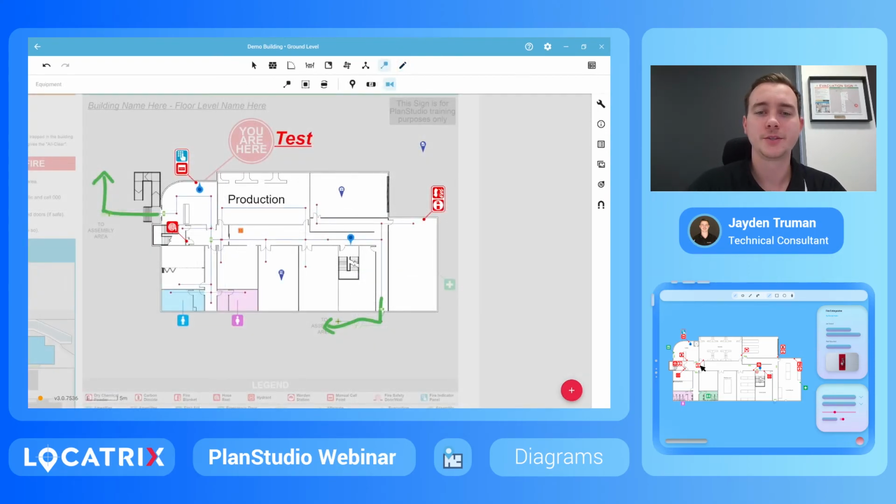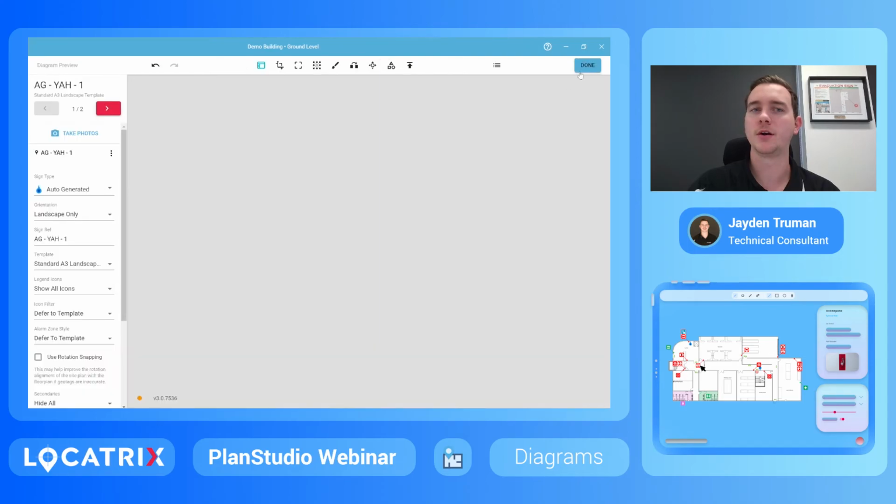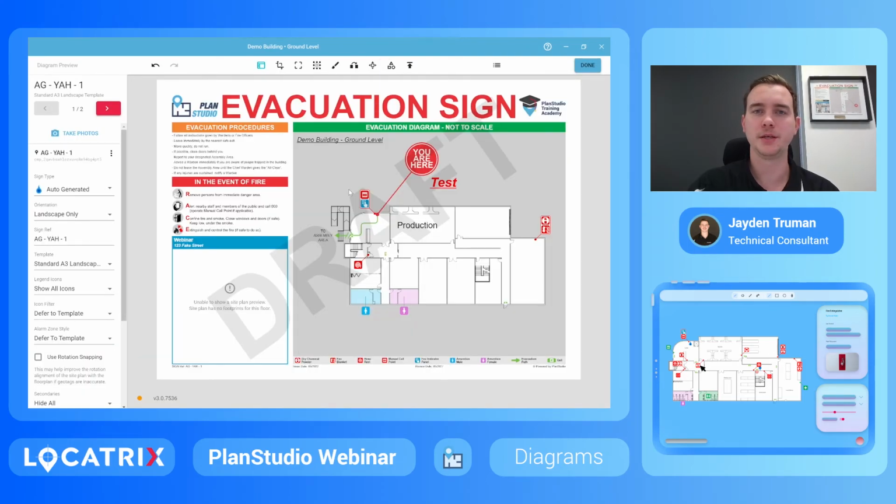Okay, so the next option I'm going to be showing you is the diagram preview. This is how your diagram will essentially look on the template you have selected. As you can see along the top here, we have some individual options that make it look aesthetically pleasing. But as you can see here, what we're missing is our site plan. So what we want to do is go done,